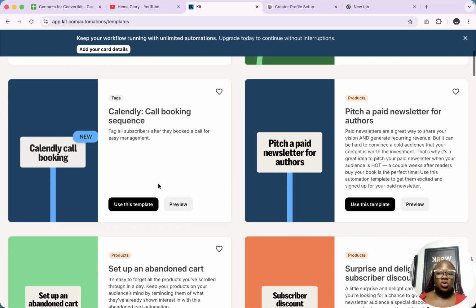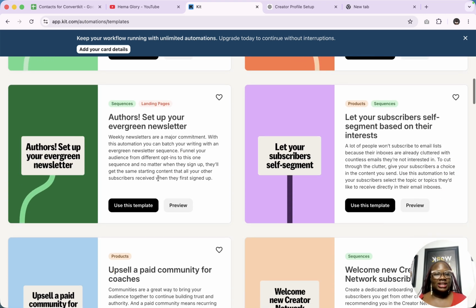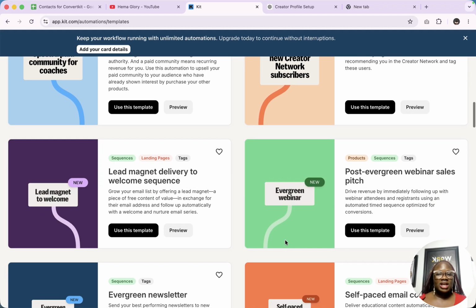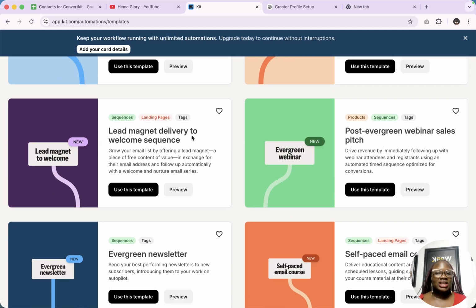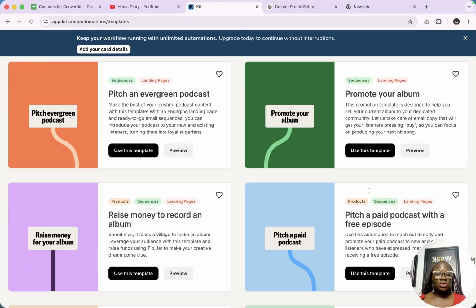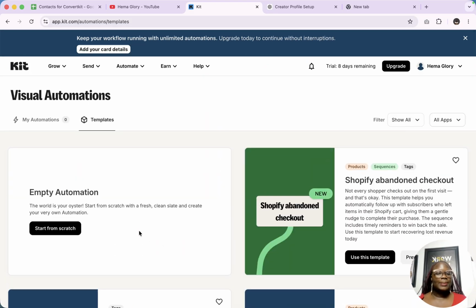And when you check all of these templates that they have, there is the one for Shopify, the one to welcome new creators network subscribers, the one for lead magnets from your form, lead magnets from your landing pages. They have various templates. They actually have a lot that you can pick from, and you can pick any of these templates. But for the purpose of this tutorial, let's start from scratch to just see how we can build it ourselves. So to build an automation, you're going to click on start from scratch,